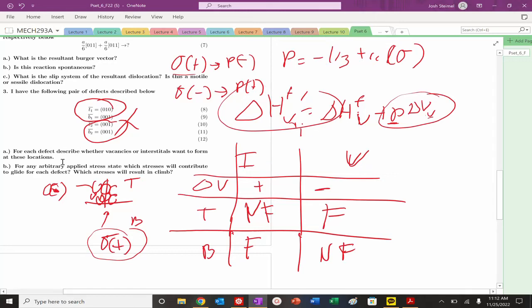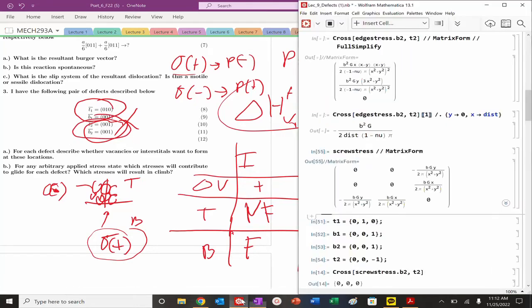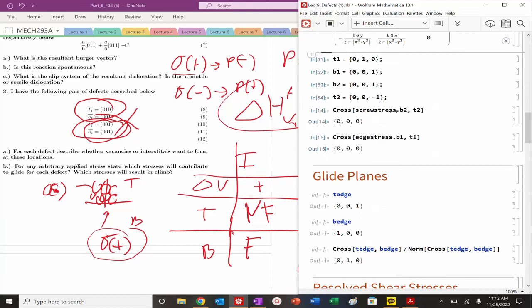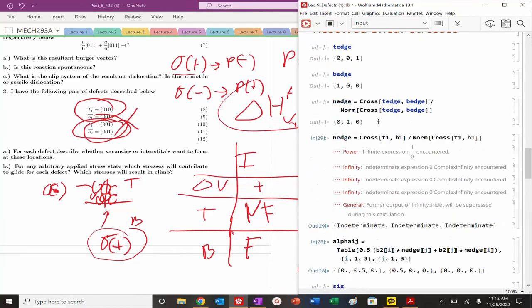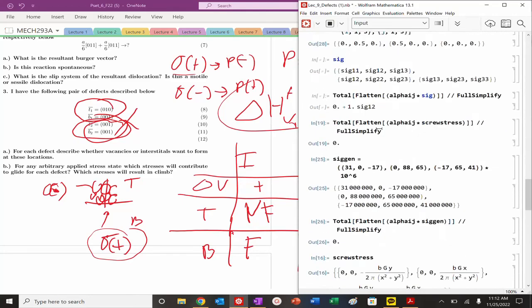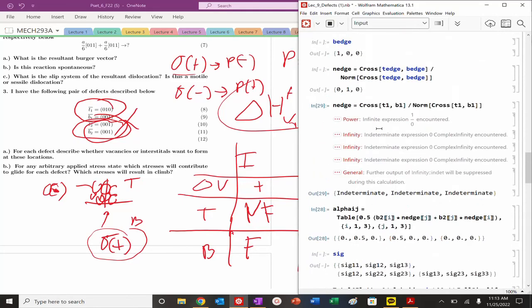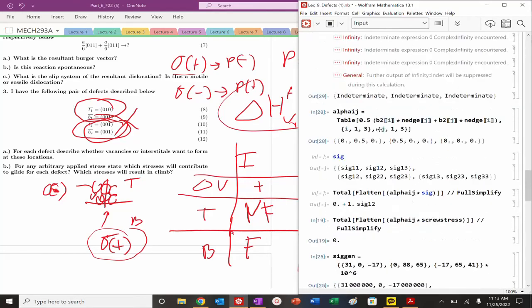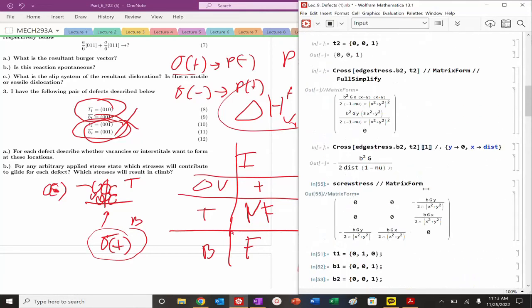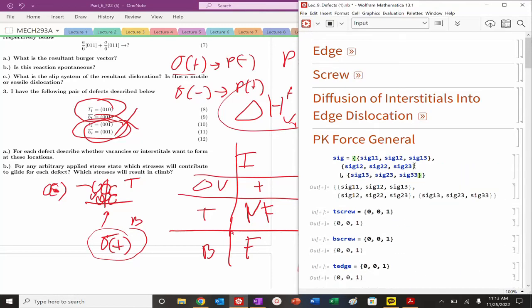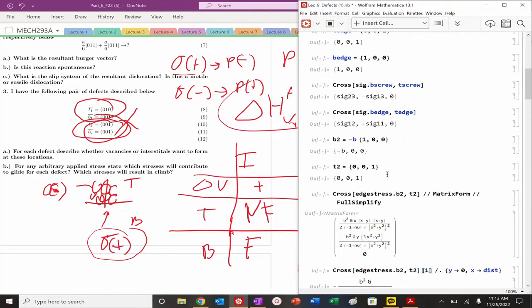We can do that for this one, because we know, for example, if I look at cross, I'm looking for just a generic stress tensor. Here we go, sig. So if I look at essentially which stresses will contribute to glide, first of all, I need to figure out,